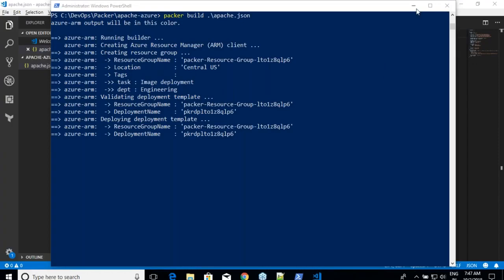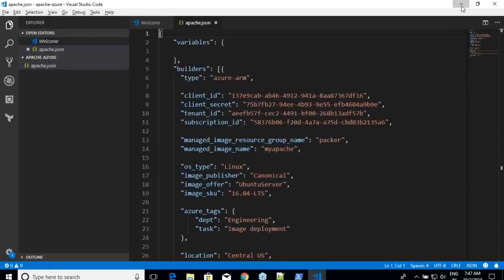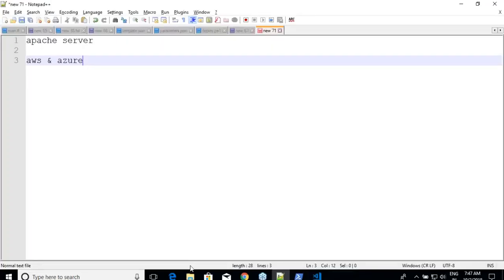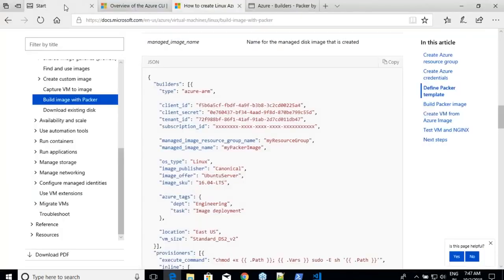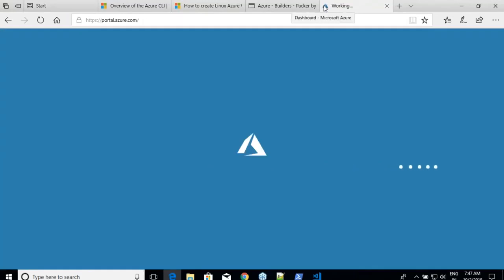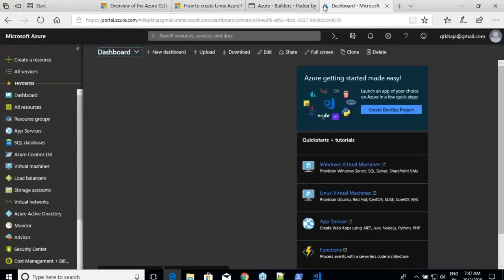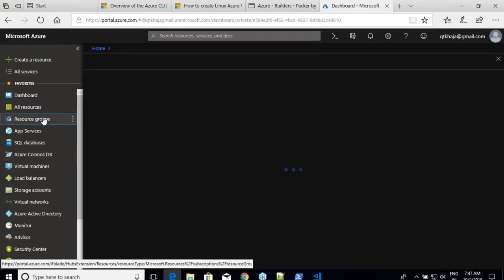While this is happening, let us see what is happening in Azure. Okay, let me get into resource groups.